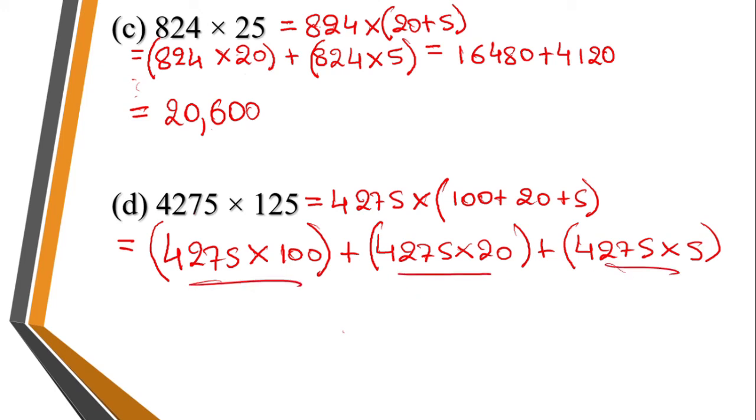So this seems a bit difficult, right? But still, here if you observe the numbers, multiplying it with 5 is easy. And multiplying it with 20 is also easy because 2, you should only multiply it with 2. And 0 we will add it at last. And multiplying it with 100 is also easy because we have many zeros. And multiplying it with 1 is also easy, right? Now let's start multiplying.